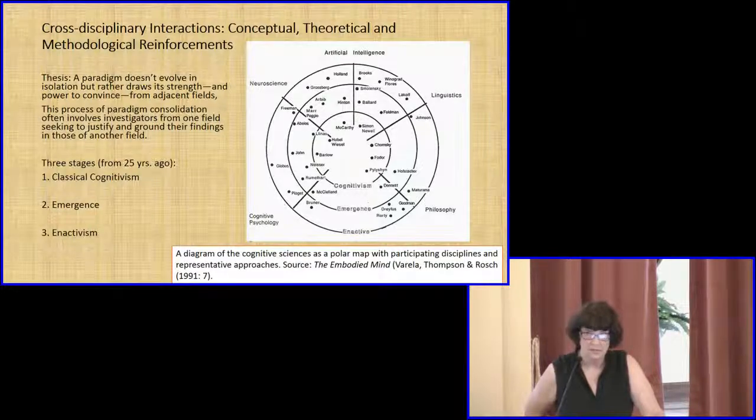The first is classical cognitivism, which is in the center, and of course you see the name of Chomsky, representing the linguistics philosophy component. Then you have a second circle, which is listed as emergence, and a third circle, which is listed as enactivism. Today, we would put the second and the third circles together, and they would be called the second generation of cognitive science. You notice the names in the outer frame of Lakoff under linguistics and Johnson under philosophy, which means that Varela, Thompson, and Rosch were already citing the work of those 2 authors,